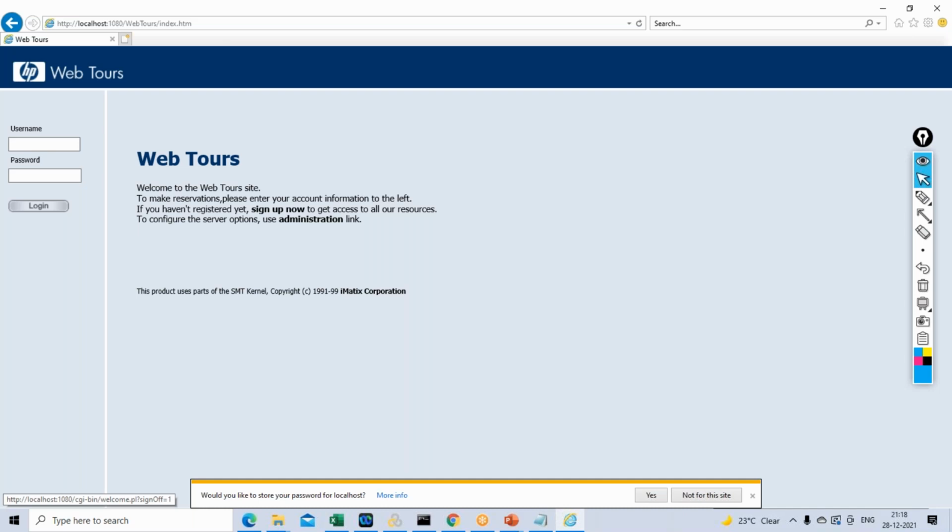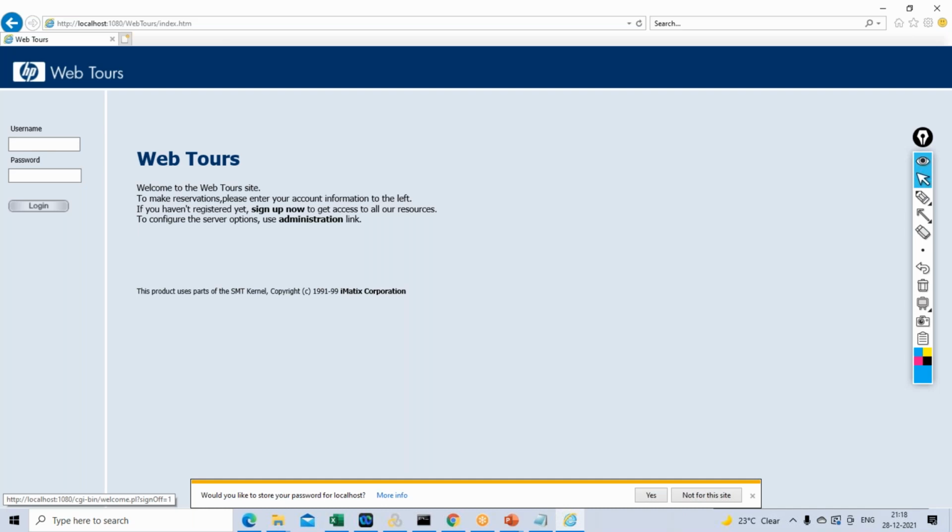So how do I simulate the real behavior? First I need a script which I'll be able to record and generate, and then I should be able to run it with multiple users.